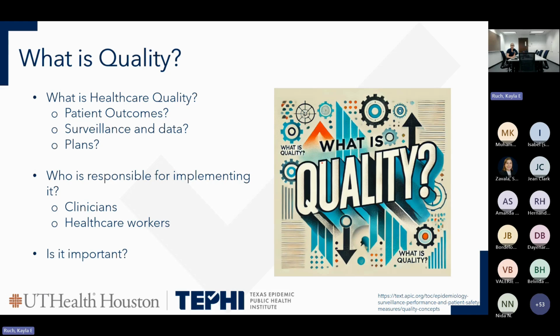Next, we want to think about who is responsible for implementing quality improvement metrics and just overall having quality in their healthcare organization. Is it our clinicians or our bedside providers that are physically providing care to patients, assessing them? Is it our healthcare workers or our allied healthcare workers that are doing ancillary activities, providing more support? And is this important? The answer to this question is everyone within the organization is responsible for implementing quality